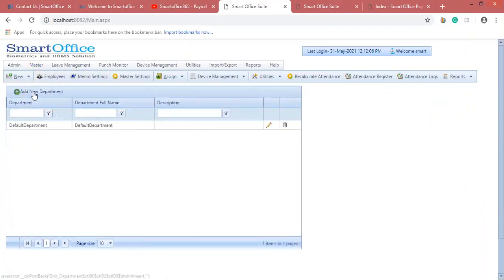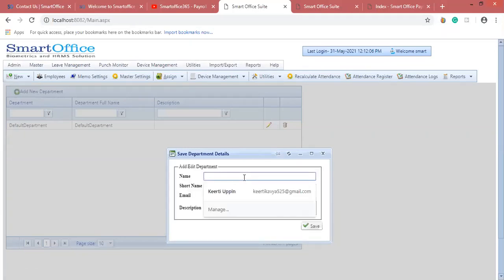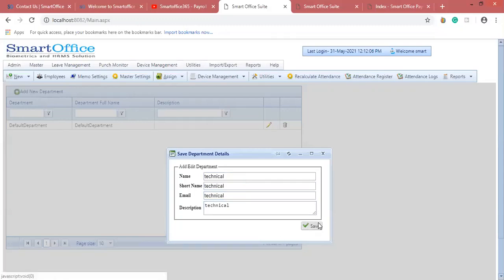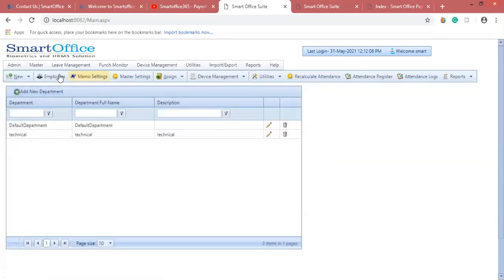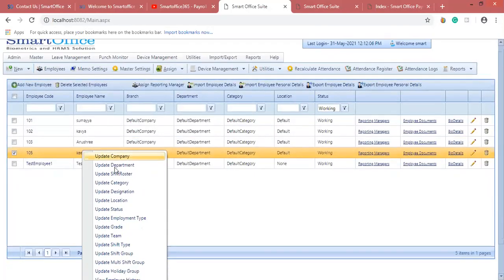I'll be creating one department, for example a technical department or technical team. I'm just saving it over here, and then I'll go to employees and assign a department to that particular employee.